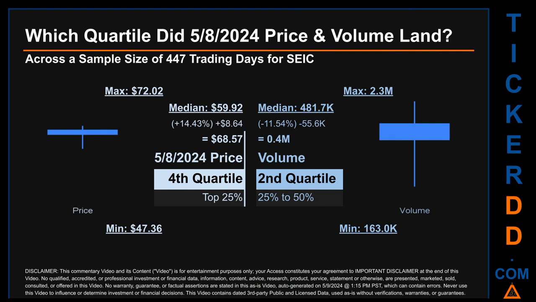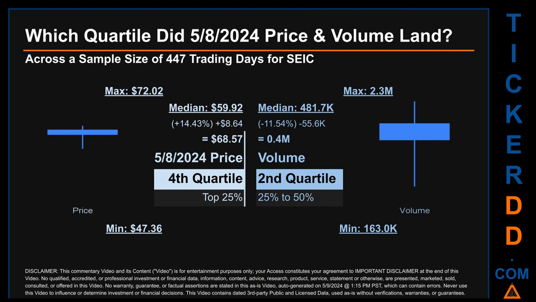The day's volume landed within the second quartile, that is within the 25% to 50% range of all sampled daily volume, which saw a max daily volume of 2.3 million and a minimum of 163,000. Quartiles tell us about the spread of a data set by breaking that data set into quarters, just like how the median breaks the set into half. Descriptively,